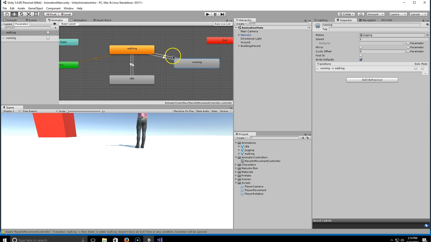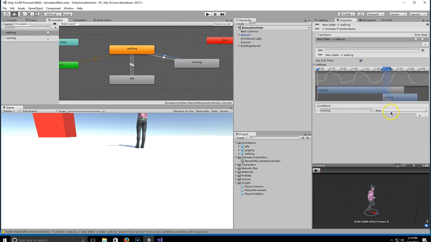Then from the running state, if our running variable is false, then it's going to transition to walking. It's not going to transition until the running variable is set back from true to false. Do we want to have an exit time on that? Let's think about it. If we're running, do we want them to finish the current running animation before they go into the walking? I don't think so. I think it'll look nice if it just goes straight into the walking, because otherwise it's just going to look